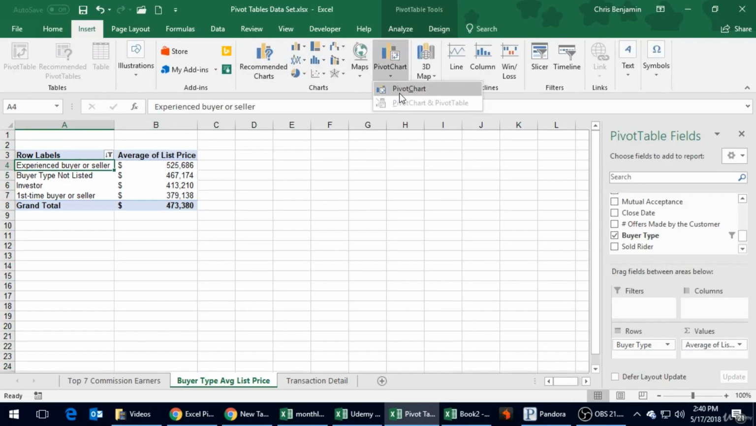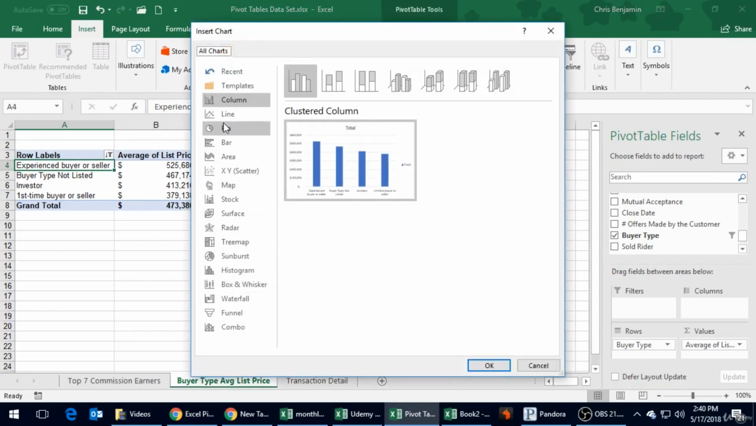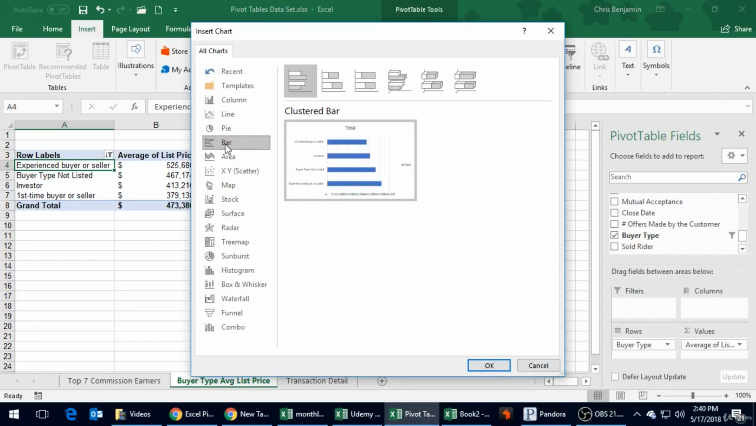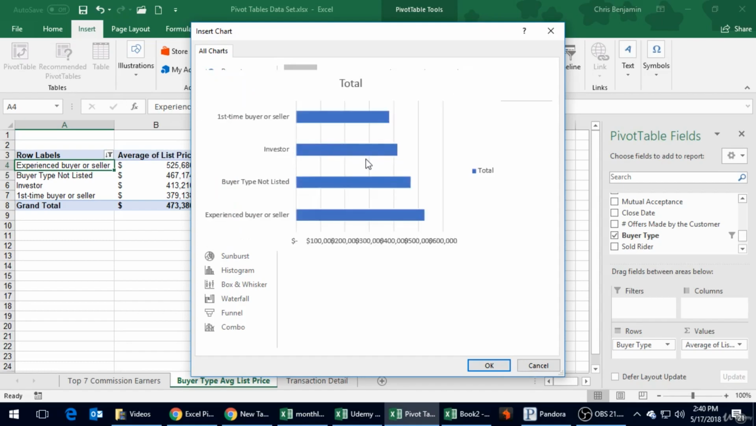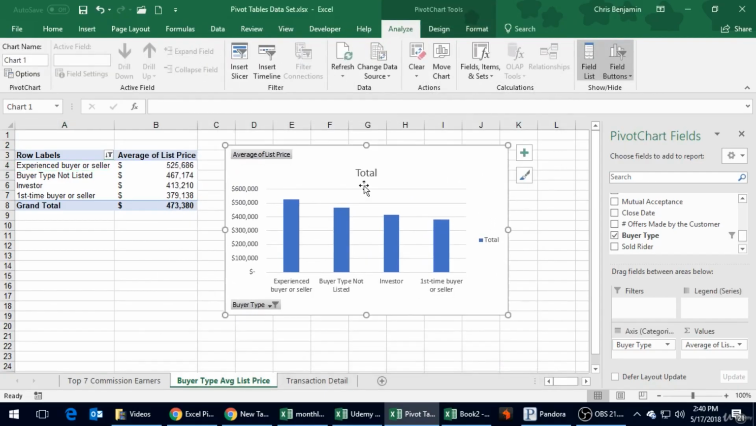Let's just see. So this is kind of useful. What else do we got? We got our pie chart. Just to mix it up, I kind of like our column. There's also bar, which does it this way. That might be interesting. Let's see. Column presents a bit better, so let's go with column. Let's move this over here. We'll even type this title: average list price